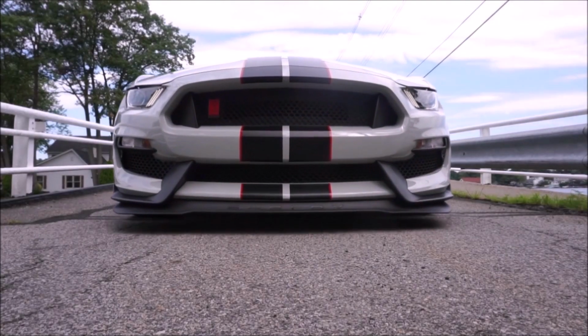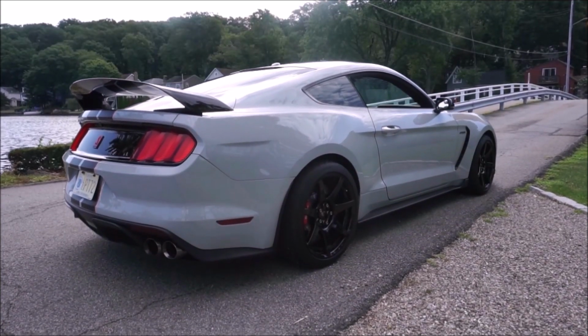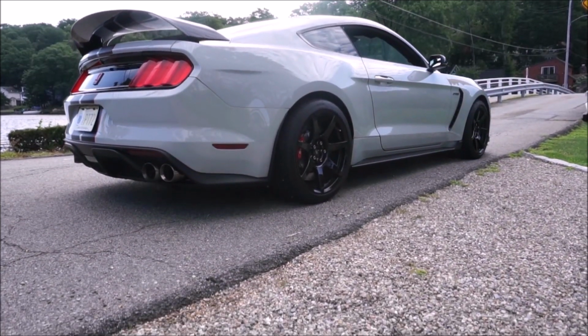But just drive a GT 350. There's enough of them out there and a lot of used ones on the market that I think you can get a test drive from a dealership, or you may be lucky enough to have a nice friend that'll let you drive his. You have a normally aspirated V8, over 8,000 RPM. So if you love the E92 M3 like I do, I had an E90 M3, which is the four-door version, for 6 years. If you love that car, but you think prices are getting too expensive, or you're going to have rod bearings, repairs, throttle actuators, you only can find dual clutch cars and you want a stick or something,